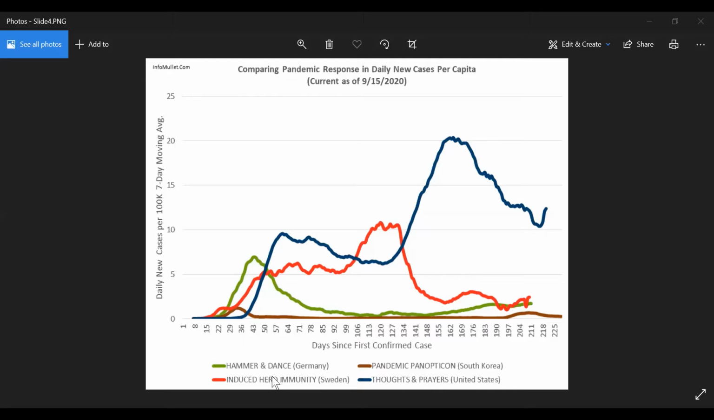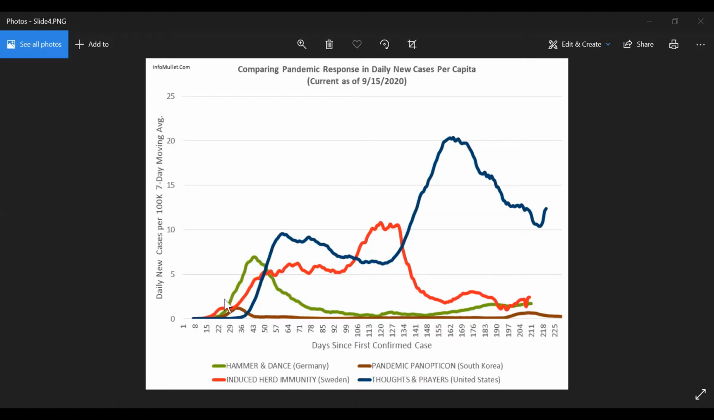Maybe they've got the best idea. Maybe they're doing it right and the rest of us are doing it wrong. So we include Sweden. And then, of course, the thoughts and prayers approach, which is the United States, which is sort of like a mix and match. And what you can see here over time is some really